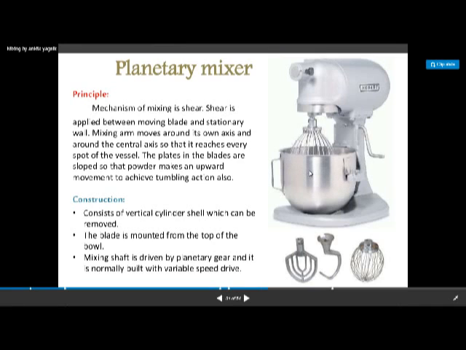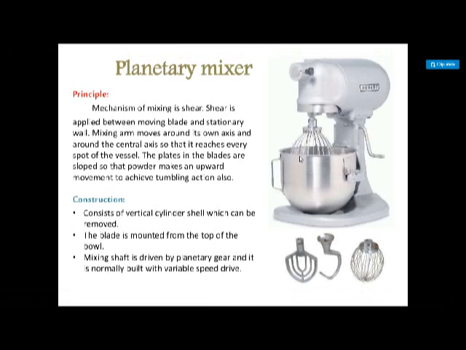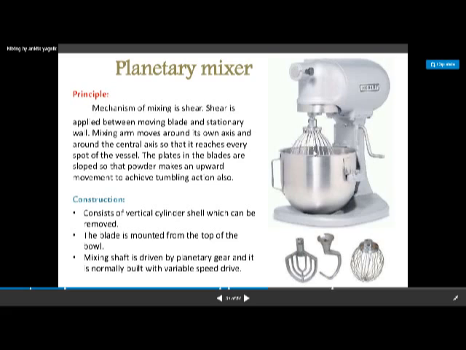The plates in the blades are sloped, so the powder makes an upward and downward movement, and we can achieve a tumbling action also.